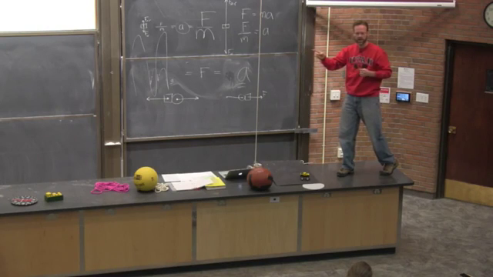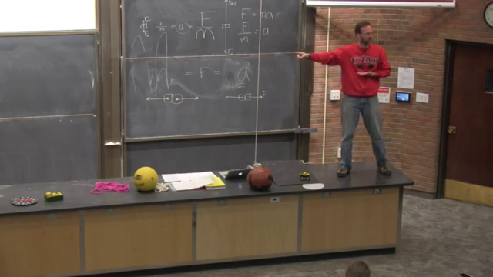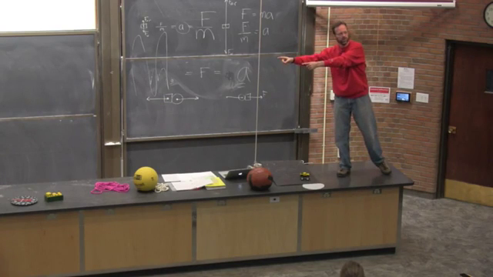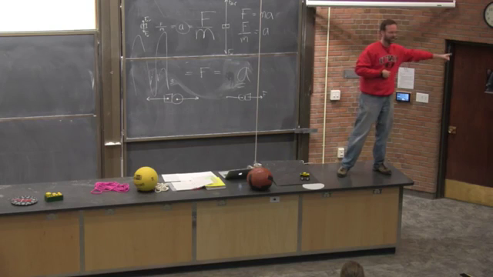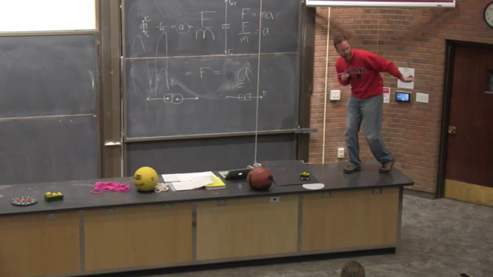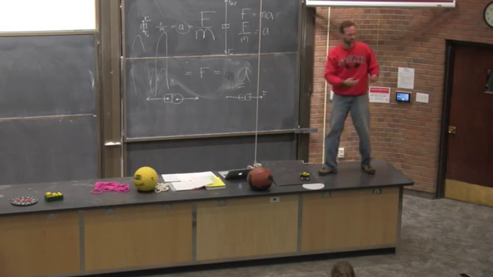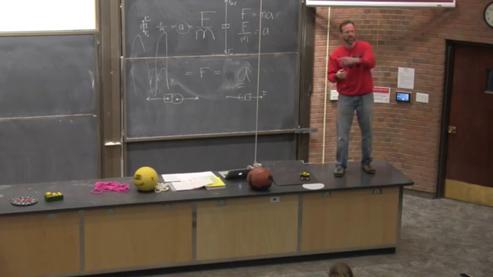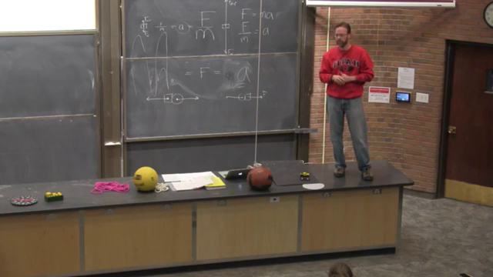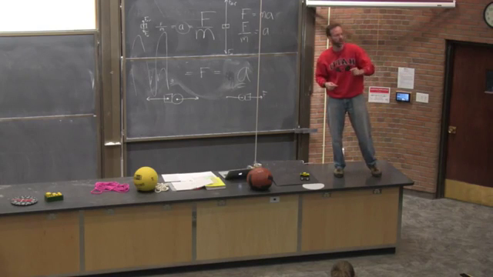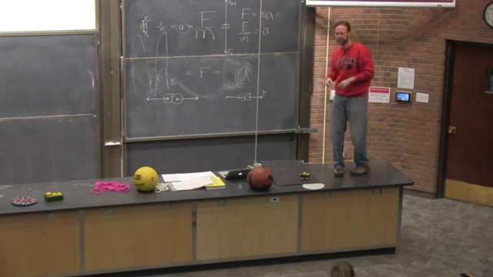So the ground must be exerting a force on me that way, or I wouldn't be moving. What's the action-reaction pair? Ground on me, me on the ground. Right. We like to think of it as I push on the ground, so the ground pushes on me back, and I can move forward. So it's the ground. And that goes, it said the highway. It's actually the ground pushing against the tires, back on the tires to propel you forward. Your engine provides that force to push against the ground, but it's the ground that actually pushes the car forward. Does that make sense?